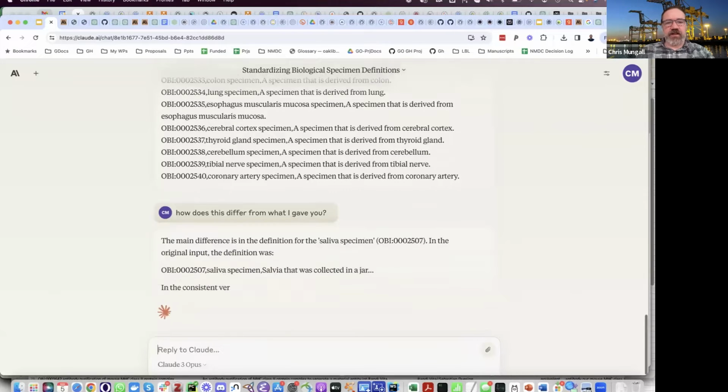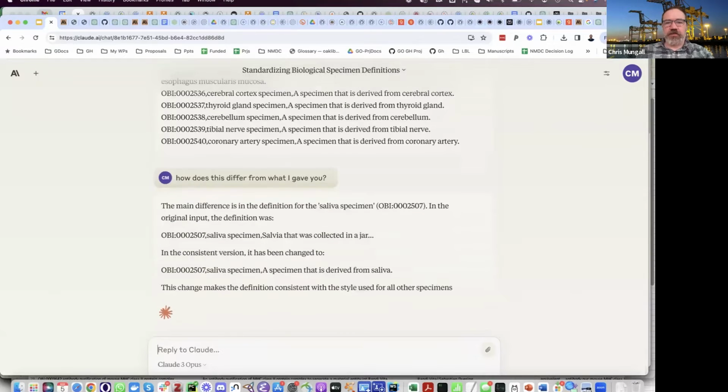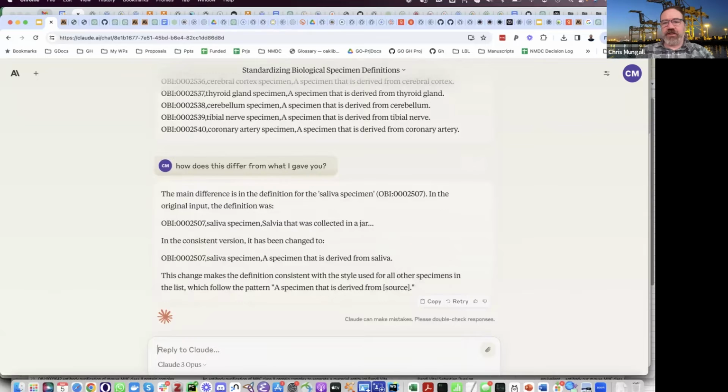So here, I had to prompt it a little bit, but it told me something that I conceivably could have overlooked, which was this very deliberately odd saliva specimen definition here. It told me that it changed it to this, making it more consistent with other specimens in the list. Just for fun, we can try, let's say,